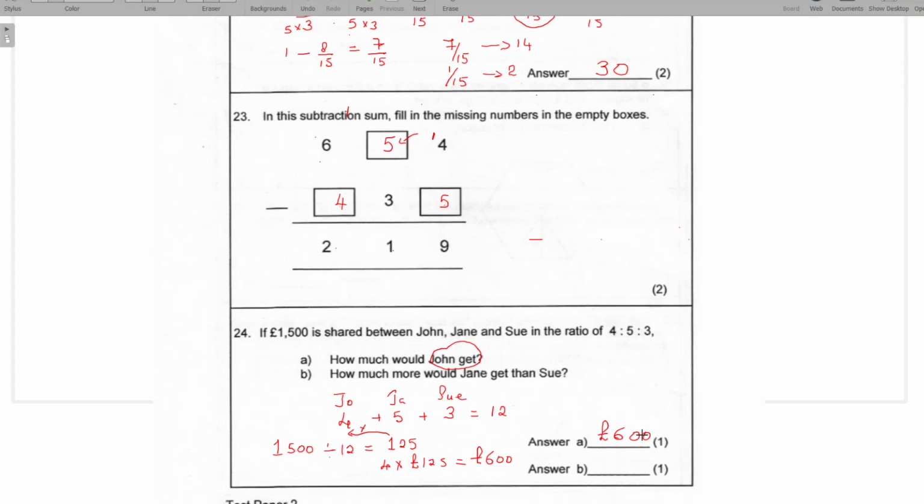Next question is, how much more would Jane get than Sue? So what is the difference in ratio between Jane and Sue? Let's write the ratios here. 5:3. The difference is 2. So you know each portion is 125. So that will be 2 times 125. So 2 times 100